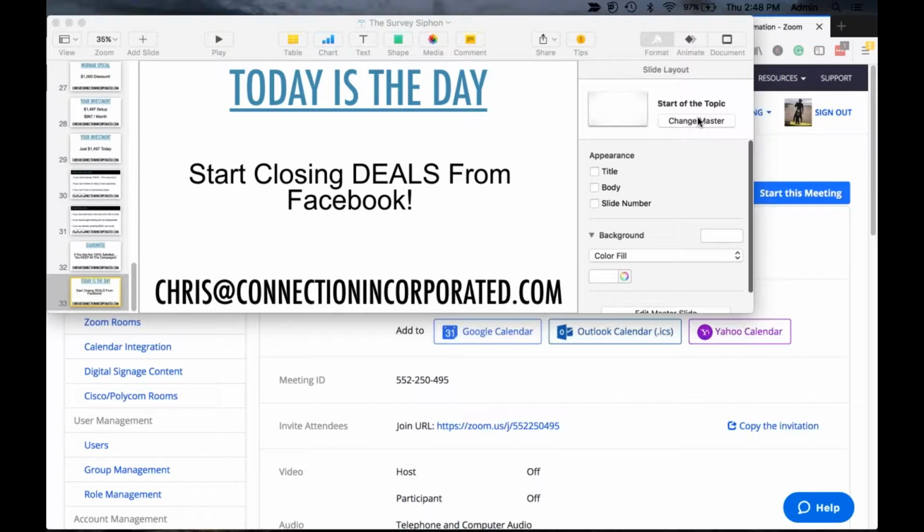Send a ringless voicemail on day one, then a text message, then an email. All that happens in the first 15 minutes. The ringless voicemail goes out after 2 minutes. The text message goes out after 10 minutes. And then 15 minutes after the lead comes in, an email is sent. Then the next day at 11 o'clock, send a ringless voicemail. Then an hour after that, a text message. And then in the evening, send an email to follow up with them.